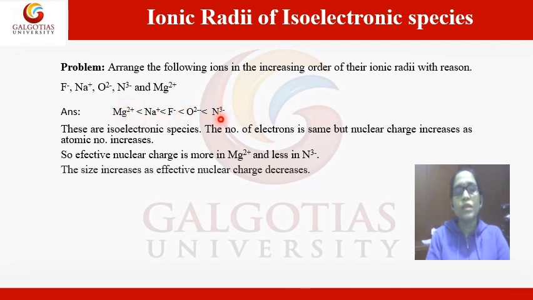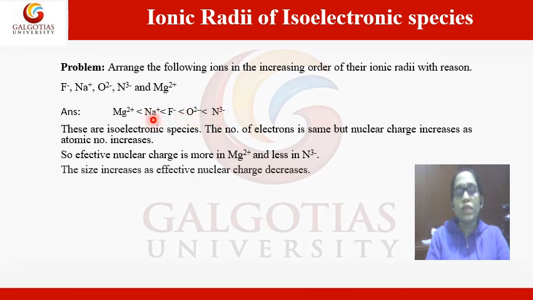Why does this happen? From magnesium to nitrogen, these all have 10 electrons. But in case of magnesium there are 12 protons, so the nuclear charge on magnesium is more. That means the effective nuclear charge in case of magnesium is more, so the nucleus has more attraction towards the electron cloud. The effective nuclear charge is more in magnesium, then sodium, then fluorine, then oxygen, then